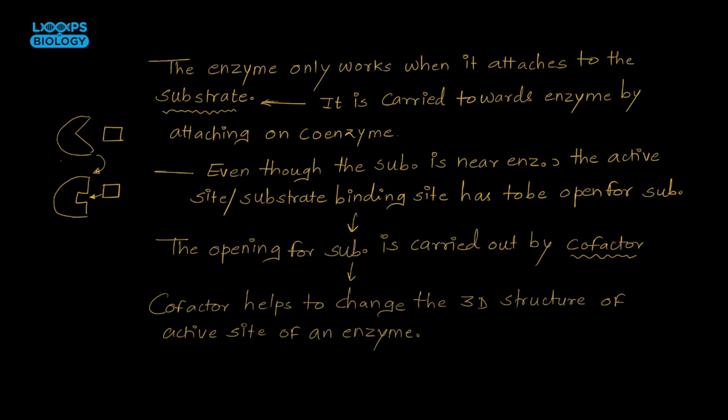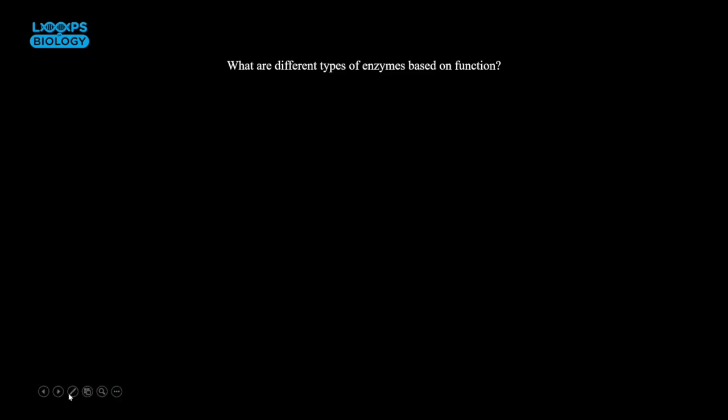Whenever I'm considering a cofactor, which is my tiny metallic ion, it can be your Mg2+, it can be your Ca2+, it can be your manganese 2+, or your copper 2+, or Zn2+. So there are multiple cofactors which are specific for specific enzymes. They are specifically working for a specific enzyme and they are regulating the site of the particular enzyme for binding to a substrate. Got it? So let's move on to the next part, that is, what are the different types of enzyme based on